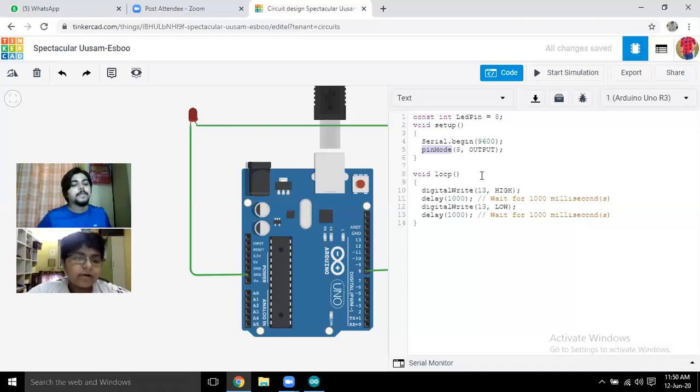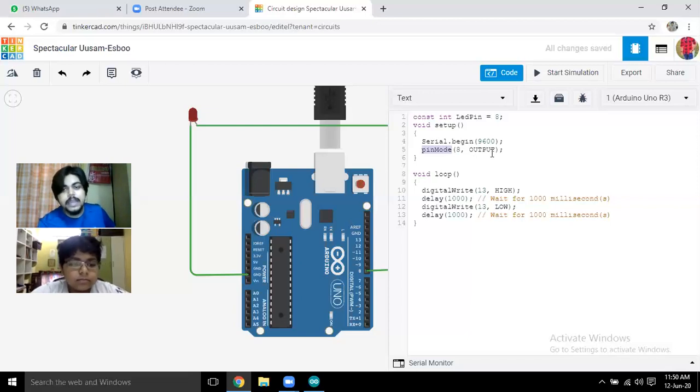Like yesterday, I did a project on my breadboard. It was of the LDR. It was a dark sensor. LDR, light dependent resistor. Its full name is light dependent resistor. Whenever you make a shadow or make a darkness over there, the LED will glow up. This is the principle of it.